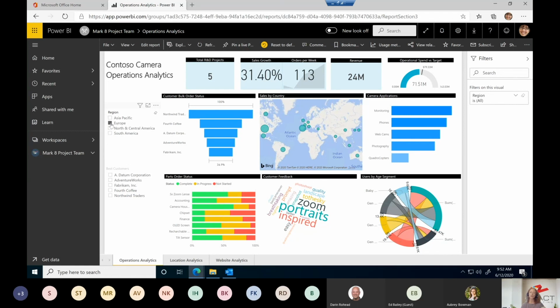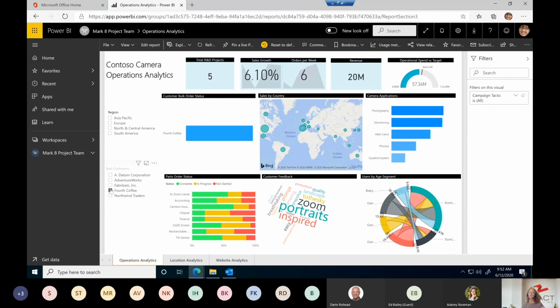So I just filtered for Europe. To clear it out, I can come and click on the little eraser and the whole dashboard opens, or I should say refreshes. So not everyone in the group may be creating these dashboards. You may have one analyst that does that, but everyone who's a member of this team or who is a member of this group can come in and participate in being able to interact with the data and glean information from it,